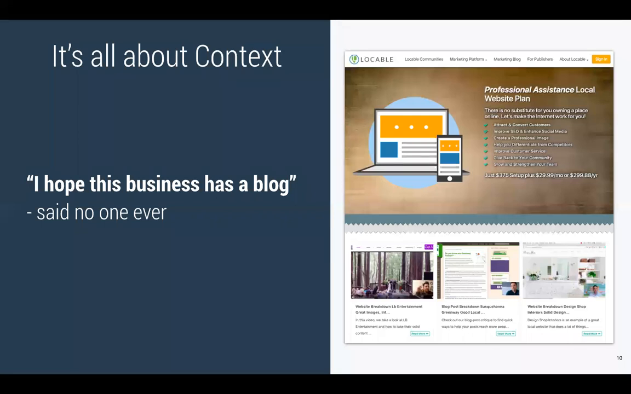One last note on content. People don't go to your website looking for your blog. They don't go to our website looking for our blog. Nevertheless, this blog is incredibly important. And so the tools we provide allow you to add context. Not only can you visit Locable's marketing blog and learn all of these great tools and techniques and so forth, which you should be doing,